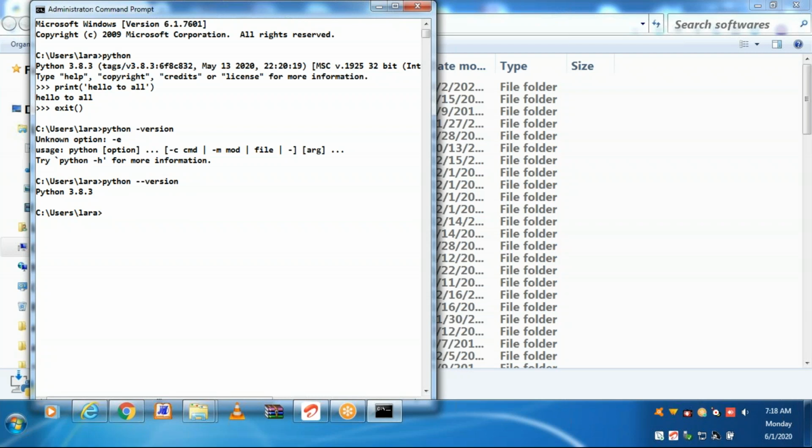It is recognized by the command prompt because the path environment variable was updated automatically by the Python installer. Because of that, we are able to run the Python command successfully.